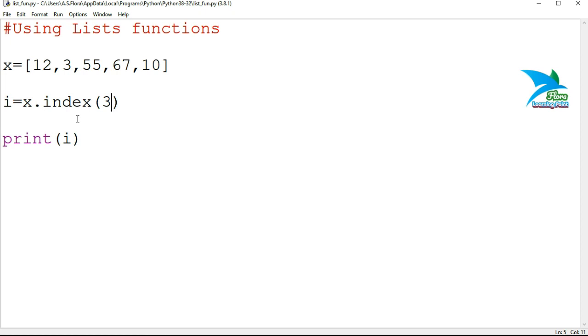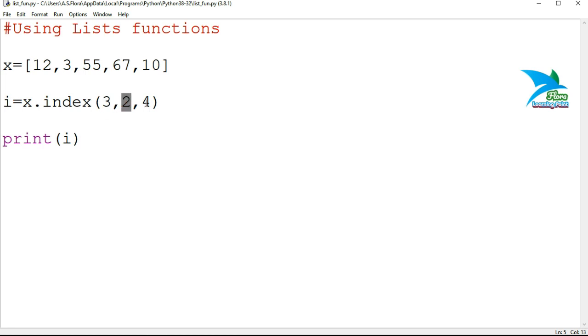Next we'll discuss the second form of this same function, where we can pass start and end index also. Presently the 3 is available at index 1, but if you start searching for this element from the second position onward, and for the end index I will specify 4, or you can pass 5 also, or anything that you want.